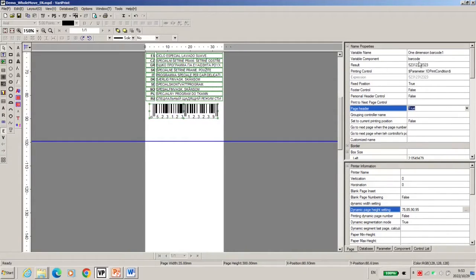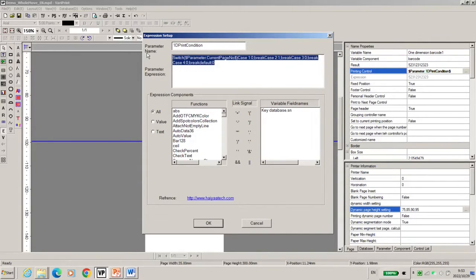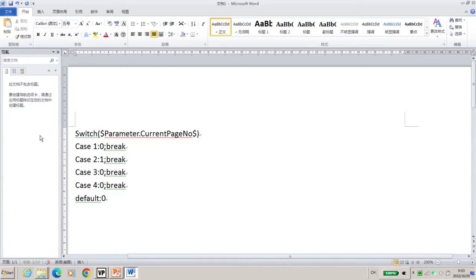But we set a parameter for the printing condition. The same idea, totally the same. Current page 1, 0. Page 2, print. Page 3, 0, not print.